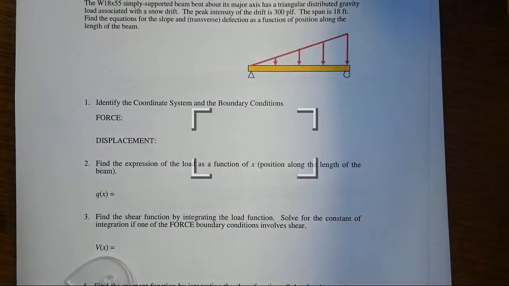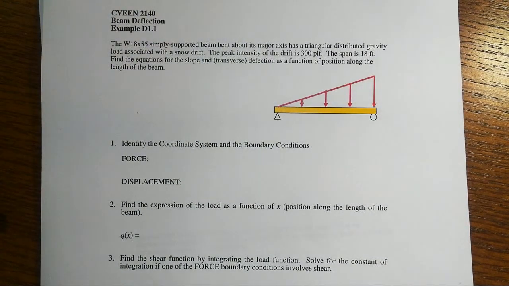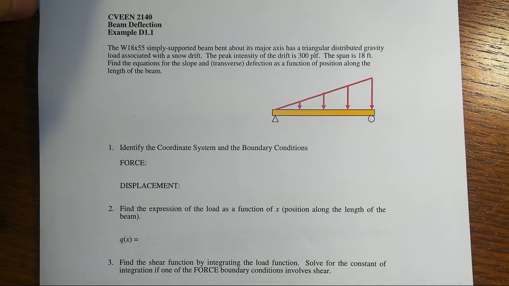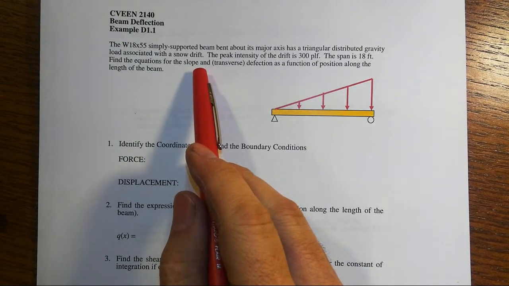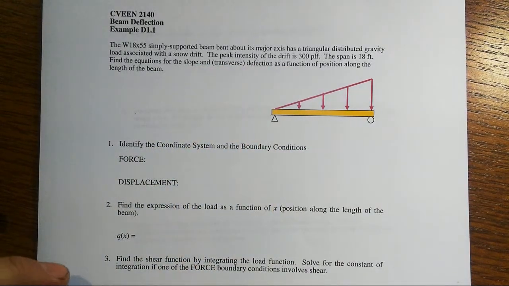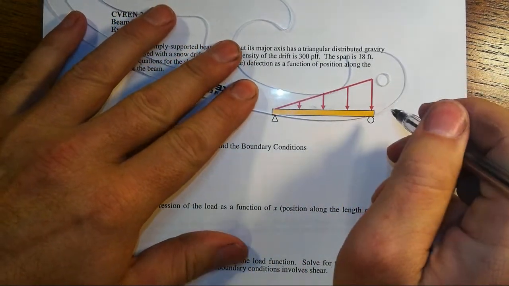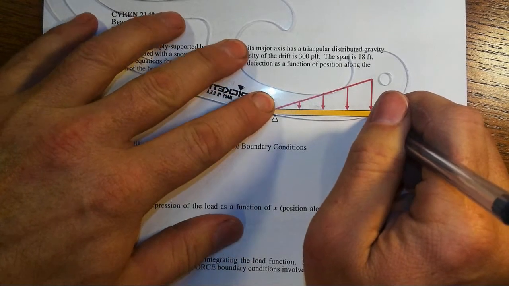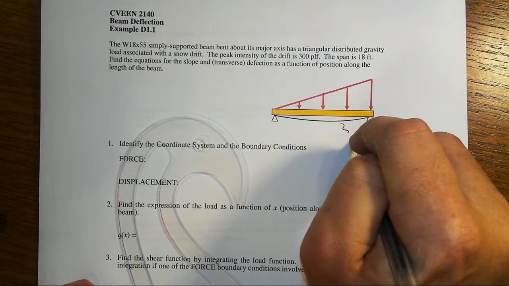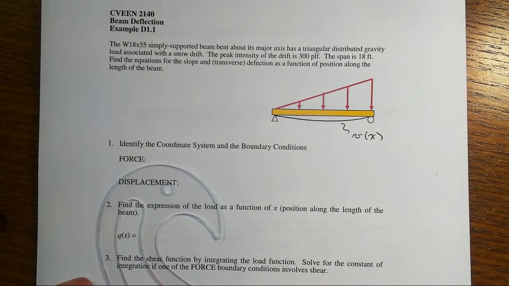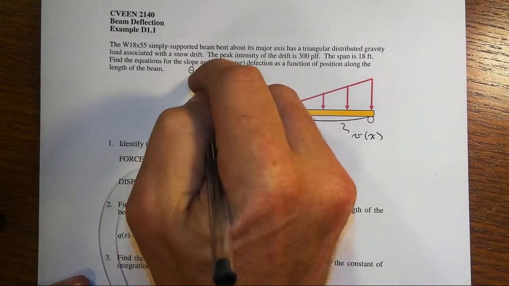Alright, in this example, what we're being asked to do is a fairly extensive and difficult analysis that in short order you'll be impressed about your ability to do. And that is that we've been asked to find the equations for the slope and the transverse deflection of this beam. So for instance, with this load and those simple supports at the end, it might not be surprising to see that the whole beam would sag in a smiley face kind of way, and so we're being asked to find that transverse deflection, that's this right here,